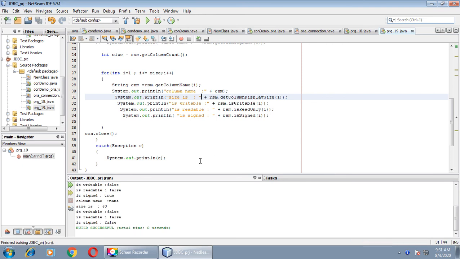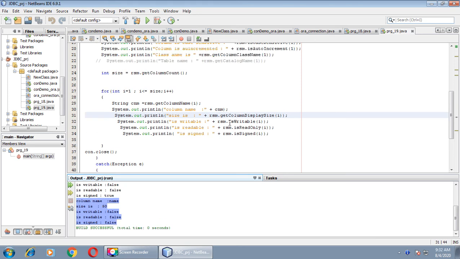We'll get the same result: the detail about the first column and the detail about the second column. So here you can see that lots of more methods are available for ResultSetMetaData, but we have taken some of the methods.